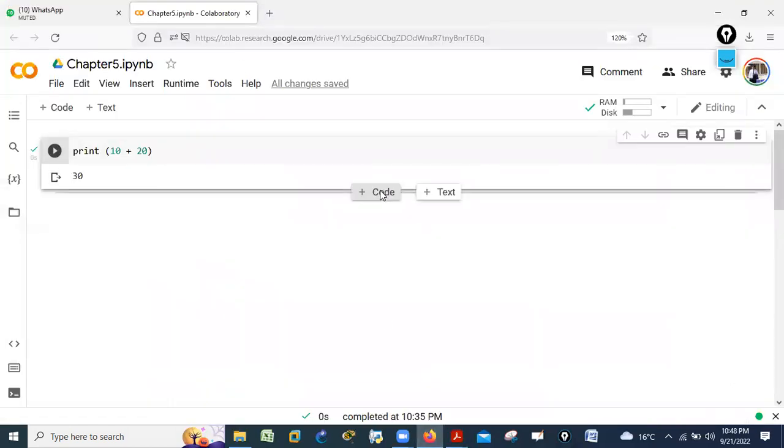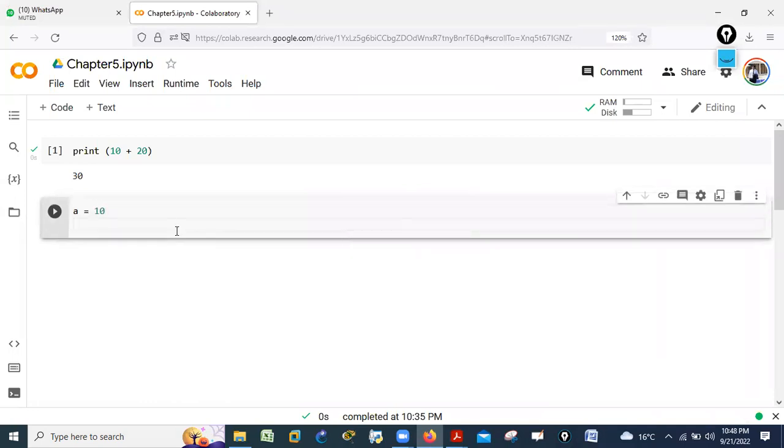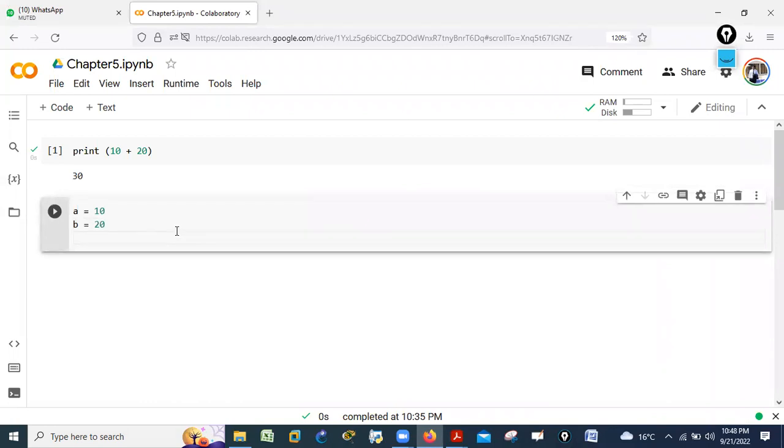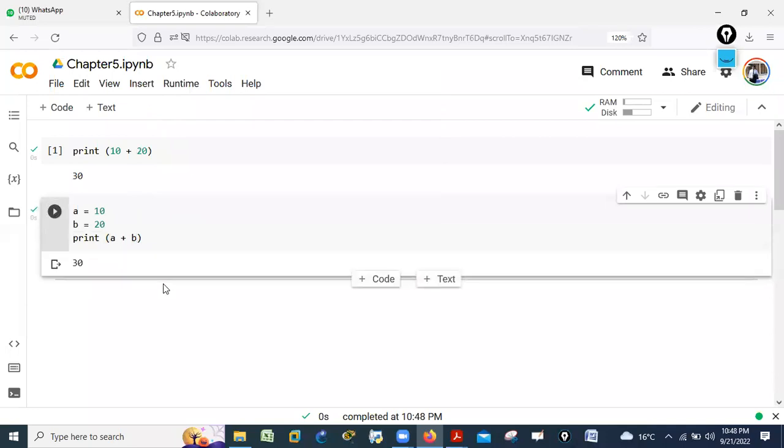Let me go step by step. If you want this file, you can also use it. Say A is equal to 10, B is equal to 20, and I print A plus B. Which output will I get? 30. Now if I say A is equal to 40 and B is equal to 2, and I do A divided by B,